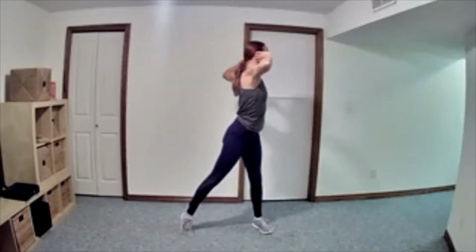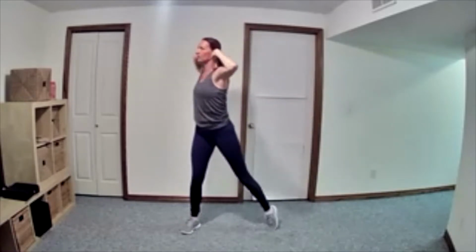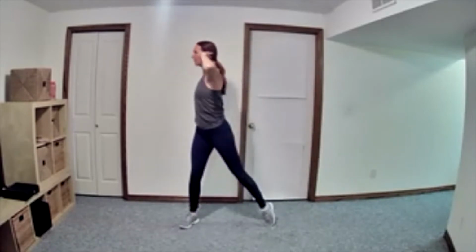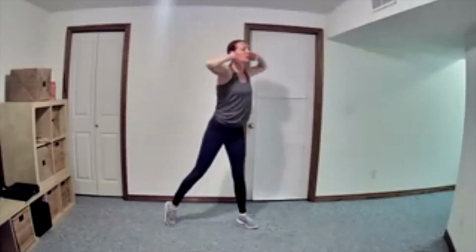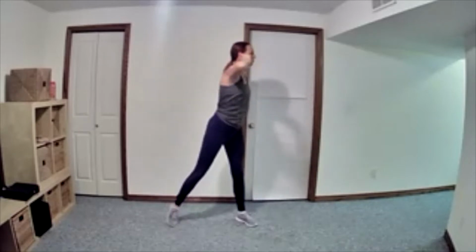You're gonna bring your fingertips behind the ears. We're just gonna twist, left to right. Try to bring that elbow back. Don't leave your heel on the floor. Bring that hip in, bring your ankle in. Get a good twist in that spine. Bringing the elbow back. 4, 3, 2,